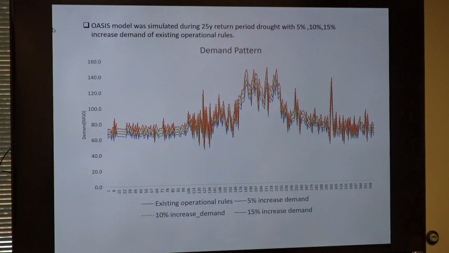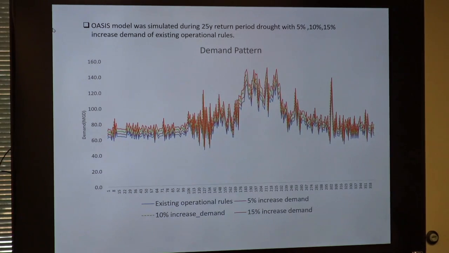Some of the other things that we looked at was how would the demand change, and this is again the model-driven model results that we're looking at. If we were to increase drought by a certain percent, what would happen to the demand relative to the existing operating rule? And this is just for 1 year, and the x-axis is Julian day 1 through Julian day